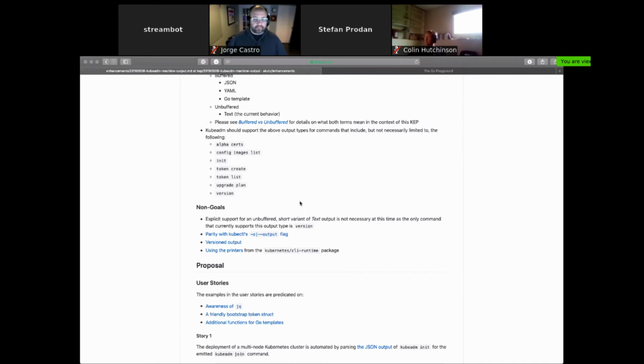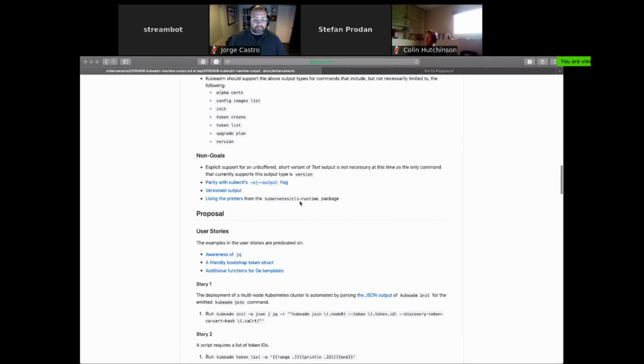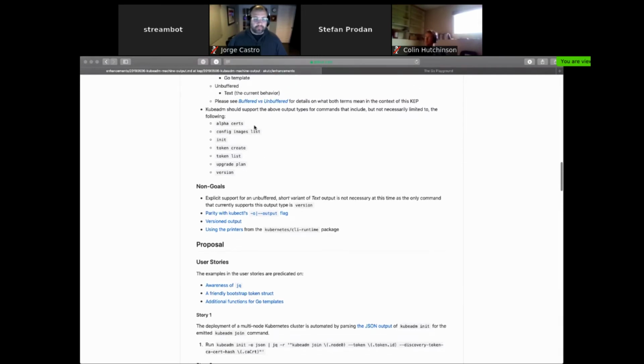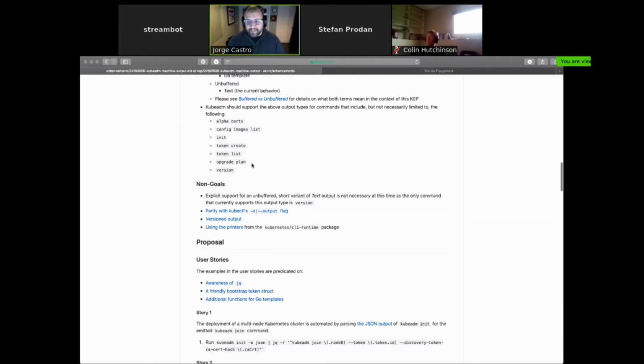So I'm going to be updating the KEP today or tomorrow to reflect that the initial design of this is going to be to translate the kubeadm commands to emit versioned objects. Now, because kubeadm is already in beta in terms of the API version, right? The output objects would belong to a new schema that is an alpha. About 2 minutes, Andrew. Thank you.